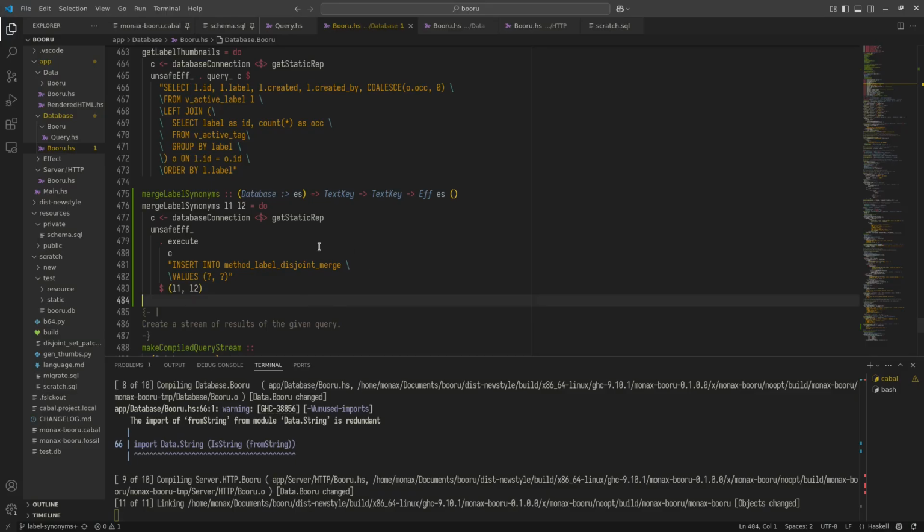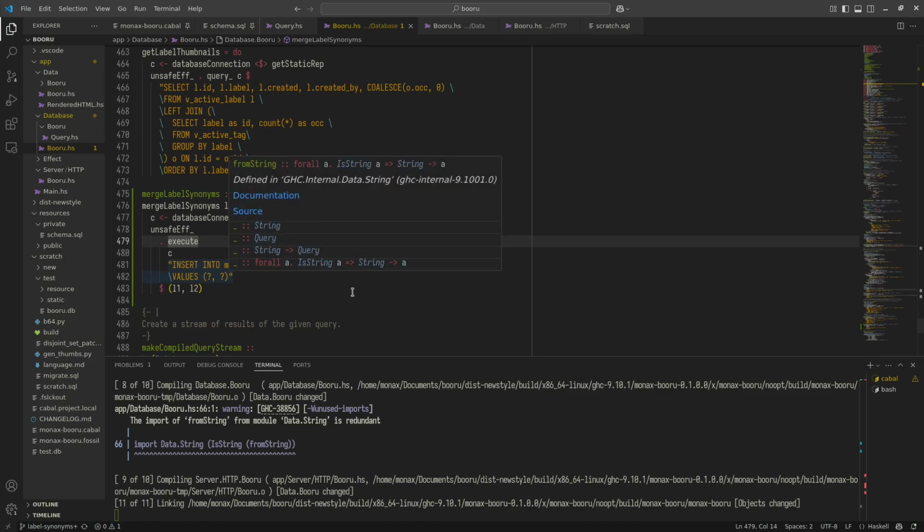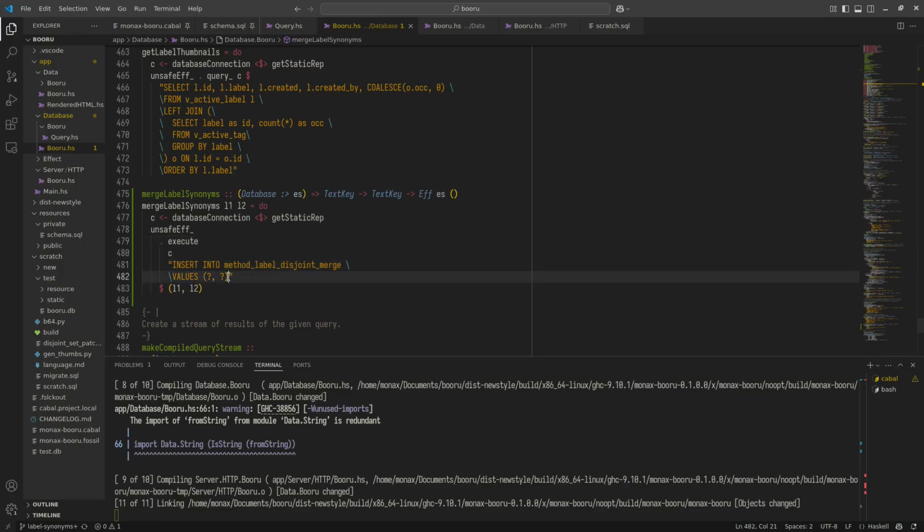But the reason this didn't work is because this function, if you will, takes two integers and not two text values. And the integers are the primary keys of these two labels. So what we need to do, first of all, is find the values, or the primary keys of these. Why am I finding that so difficult to do? Okay. Anyways,